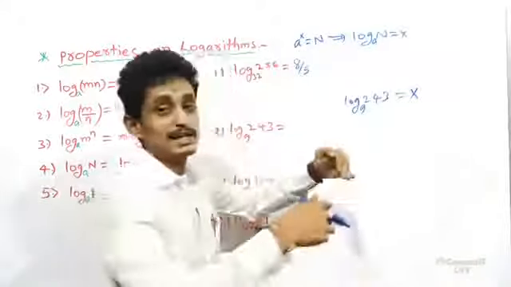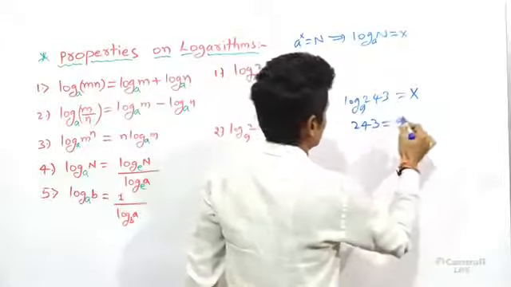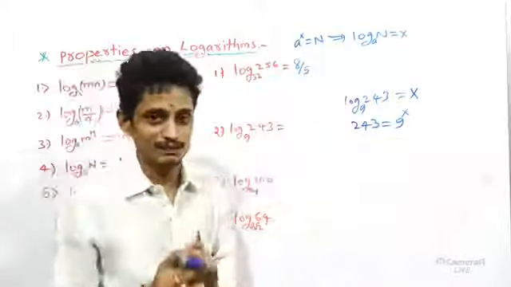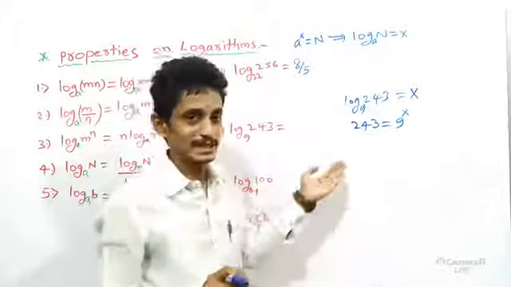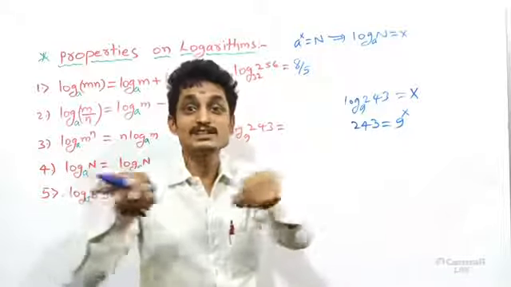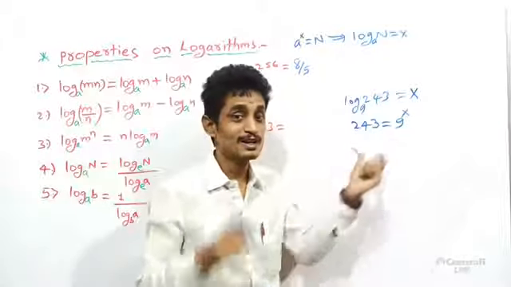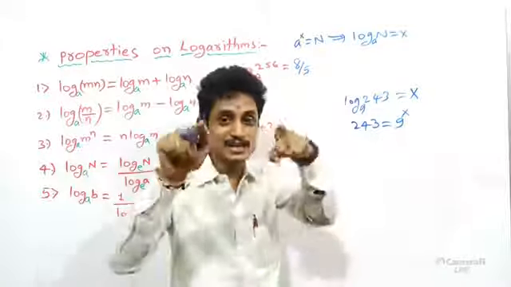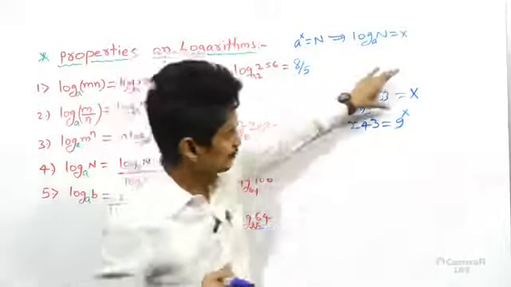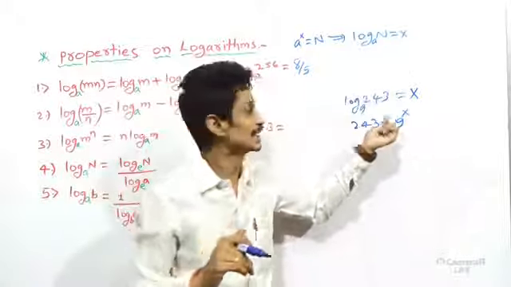Then once I rewrite it in exponential form, that is 243 is equal to 9 power x. The further step will be difficult, I know. Just look at what number we should take to get the same bases on both sides. That idea you need, then you will easily simplify the answer, because every student will take this step and express it easily. Then the student will start to get the values.